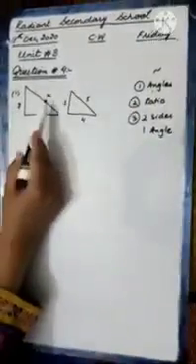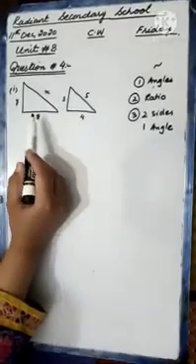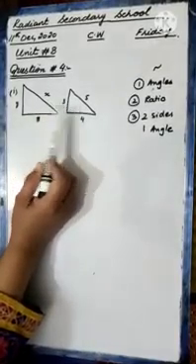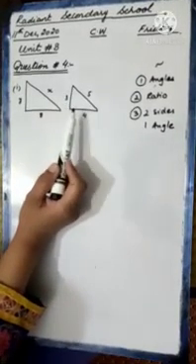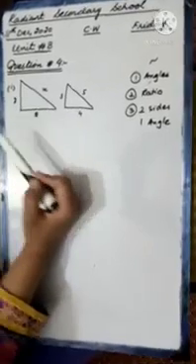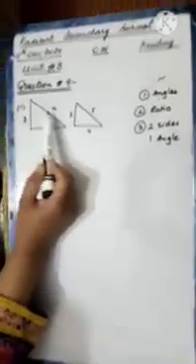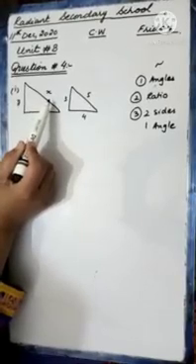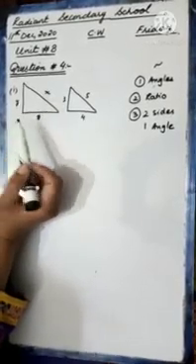Now, with the help of these properties, we are going to find the unknowns from these similar figures. In this question, it is mentioned that you have to find the unknown values in the similar figures. It is given that these are similar, and we have to find the unknowns. Unknowns means the variables involved in the figures. Now students, first you can see the unknown values are the sides: this x is for this side, y is for this side, so we can apply the property of the sides.